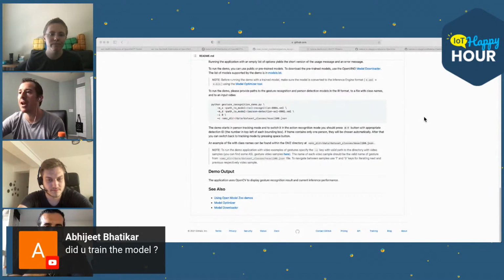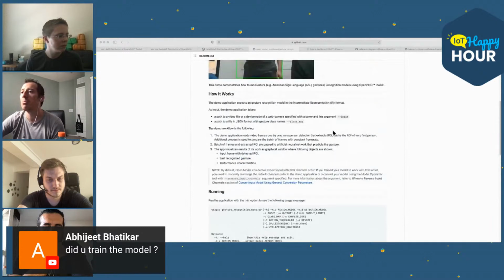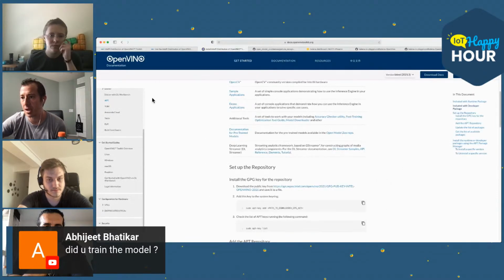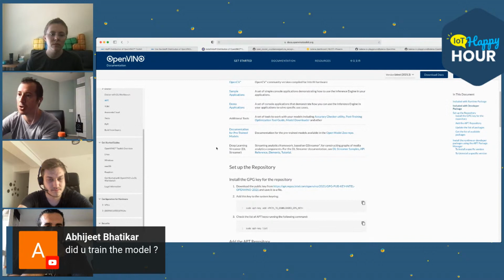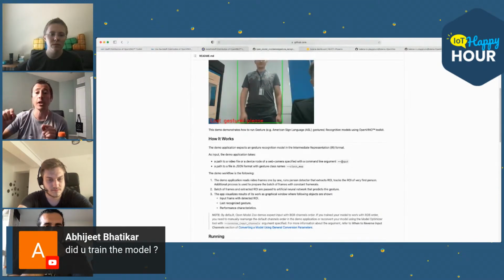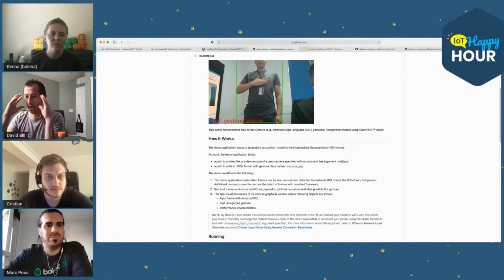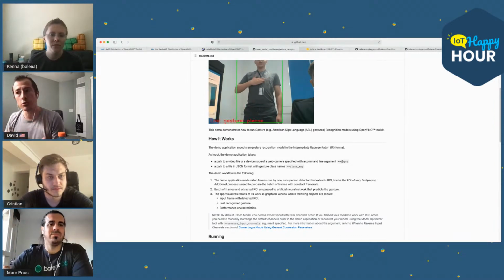It's not in this GitHub repo document, but I did find it in their OpenVINO documentation, a page dedicated to gesture recognition. In that scenario, it was driver awareness. They were doing gesture recognition for head nodding, for somebody falling asleep while driving.